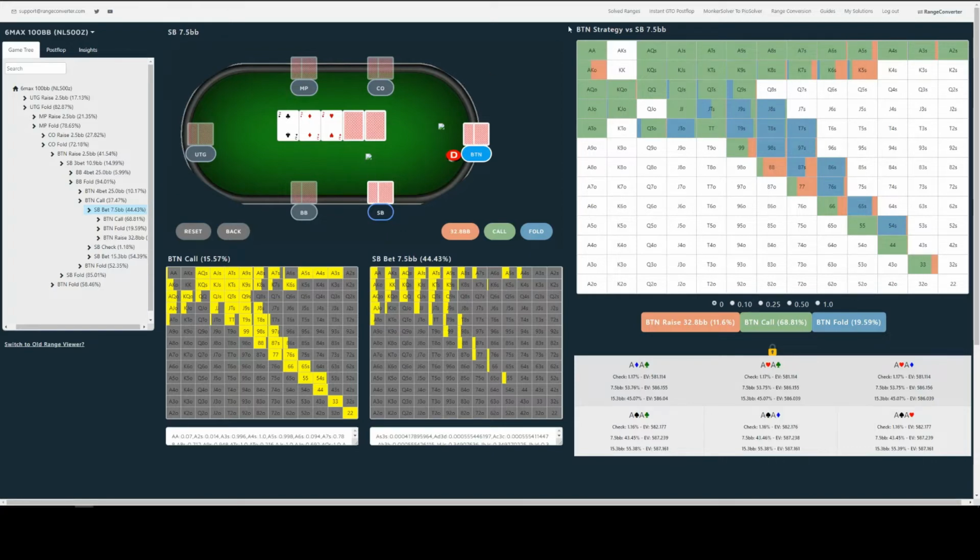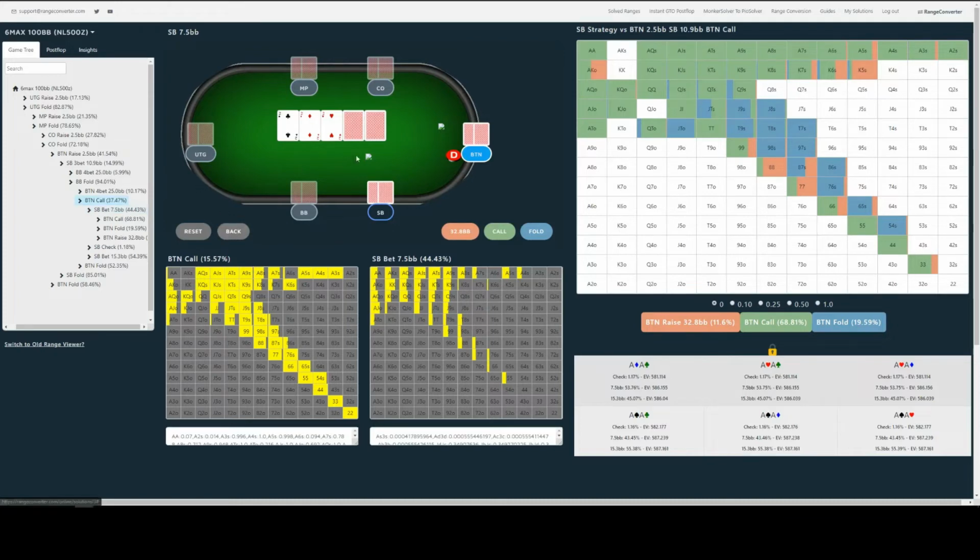And this is now the button's strategy there, and we can hover over that and see the breakdowns there and the combo breakdown here as before, and so we can navigate through all the various flop actions that way.